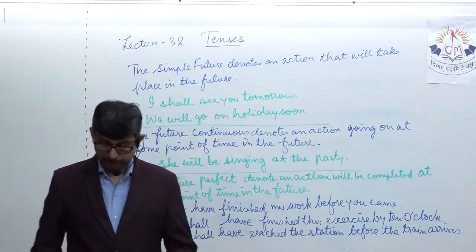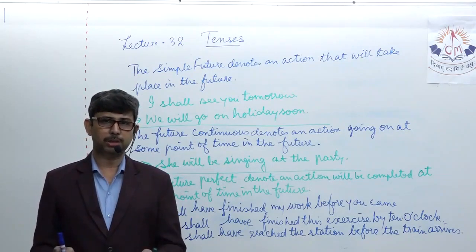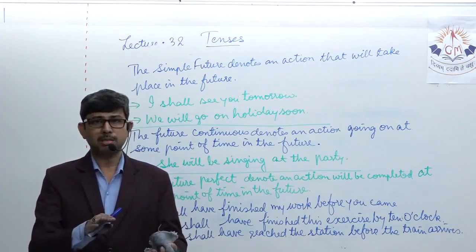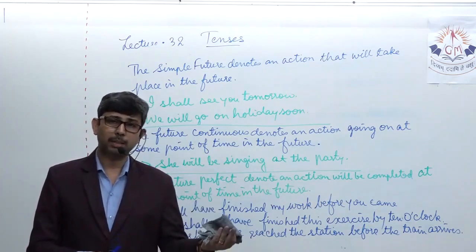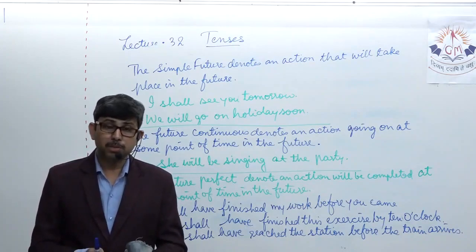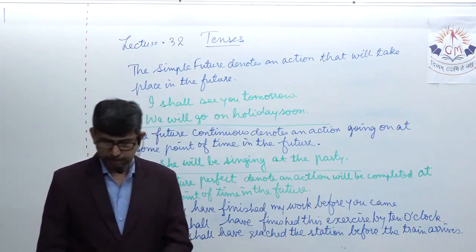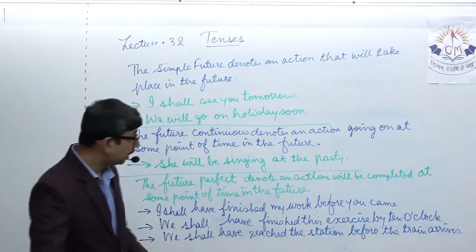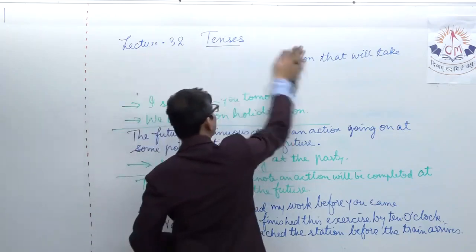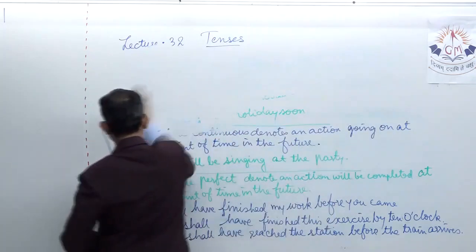Let's get along with the next and the last one, that is the future perfect continuous, which is the combination of two, perfect as well as continuous. Just like we understood in the present perfect continuous and the past perfect continuous, it is quite similar to that, but the action will be happening in the future time, not in the present or the past. Let's understand this with the help of examples to justify the meaning of the tense, that is future perfect continuous.